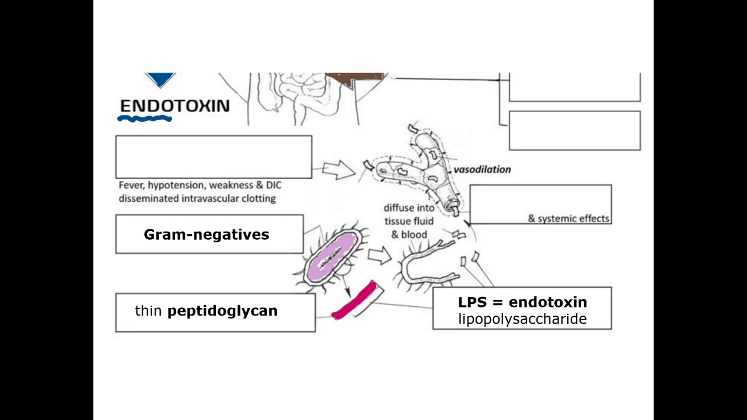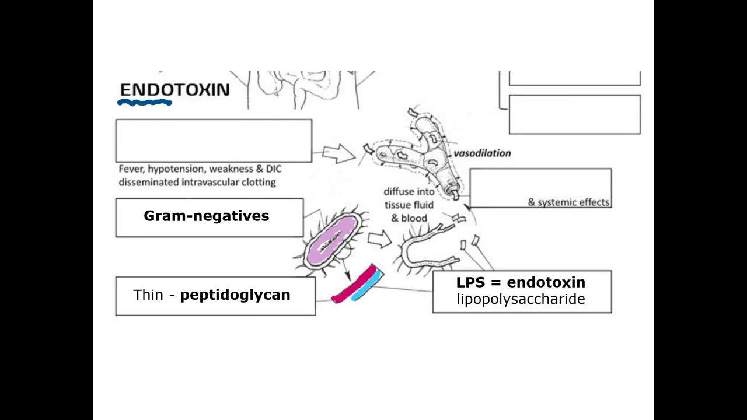And then outside of that thin peptidoglycan layer, we have a periplasmic space, and then we have an outer membrane. And particularly the outer leaflet, because it's a bilayer, the outer leaflet of that membrane is made up of LPS. So LPS, that is the endotoxin. If you forgot, LPS stands for